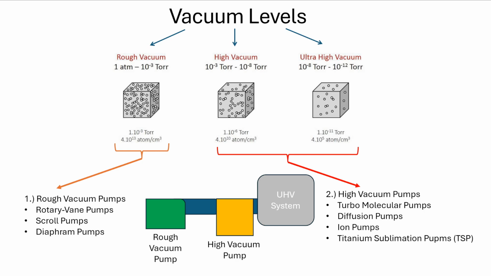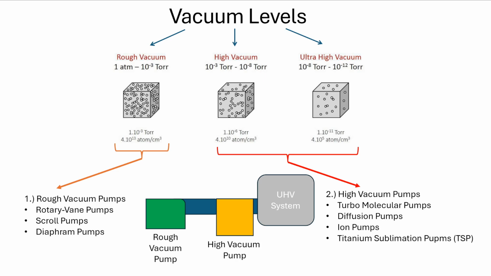In the first level, the rough vacuum, we mentioned about 1 atm to 10 to the minus 3 torr. So this is the rough vacuum, and it can be created very easily, by the way. In the other level, high vacuum, which is between 10 to the minus 3 torr and 10 to the minus 8 torr, we can do sputtering, we can make some films, maybe a little bit thick films. And in the ultra high vacuum condition, we can keep the material clean,